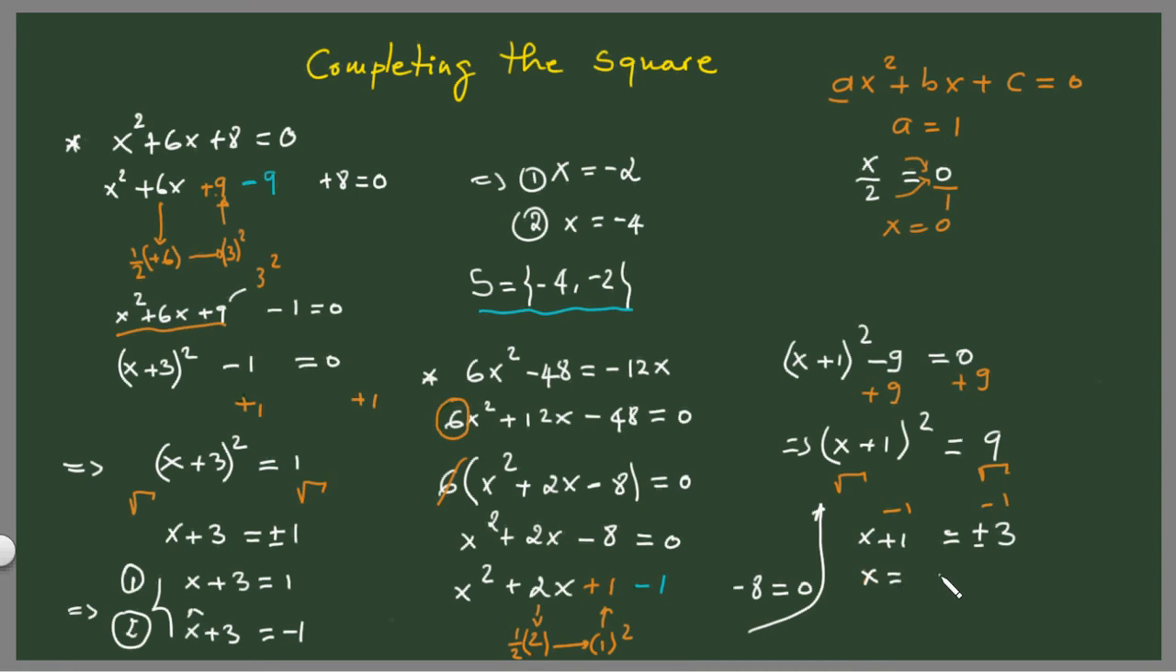equal to plus minus 3 minus 1, and this gives two solutions. The first one is x equals plus 3 minus 1, which is 2, and the second one equals minus 3 minus 1, which is minus 4. So the solutions of this second equation are